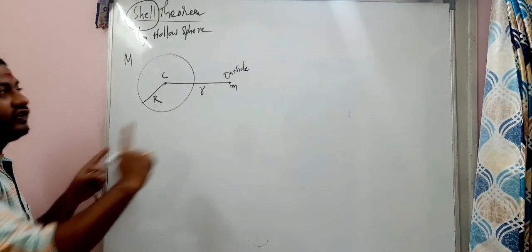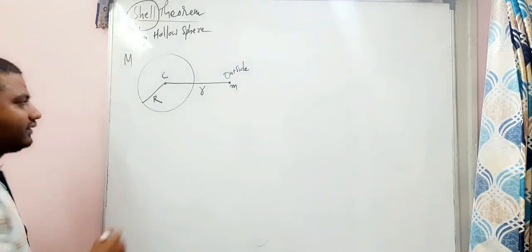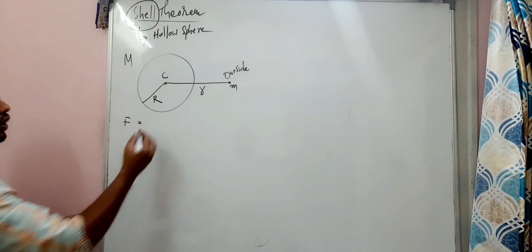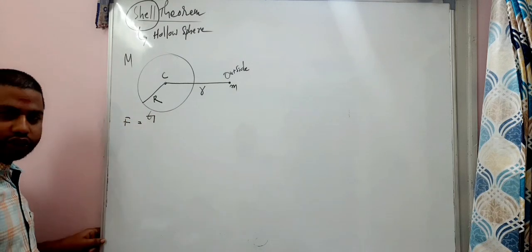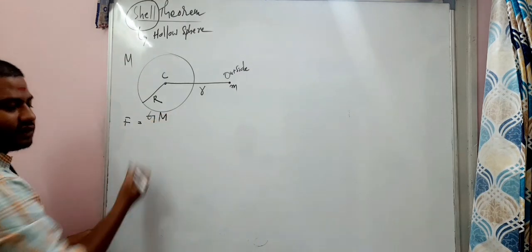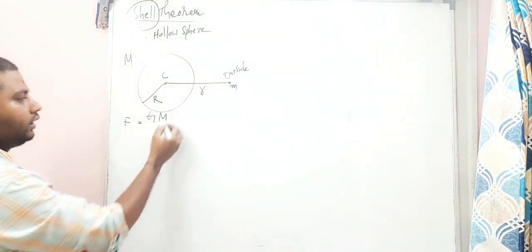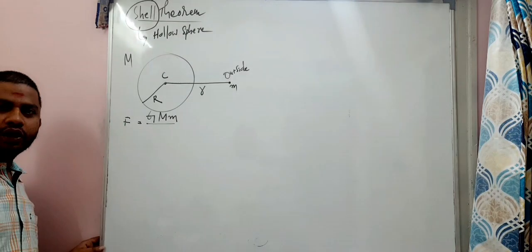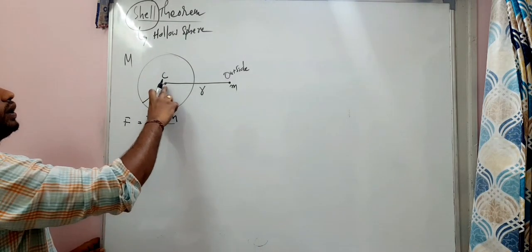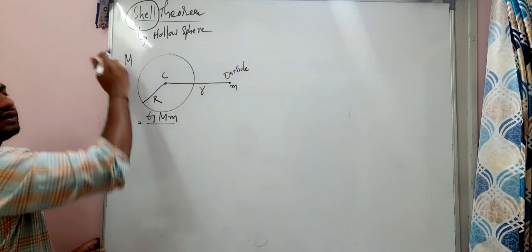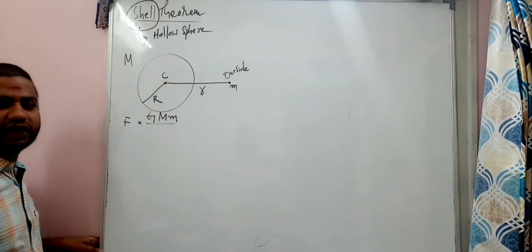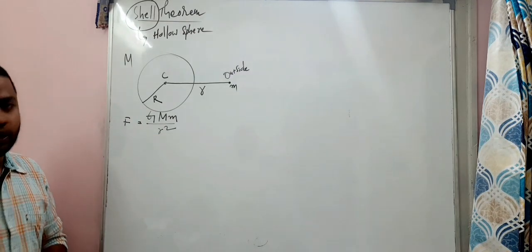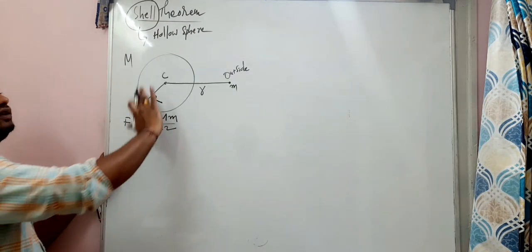And the force of interaction between the two masses, understand? So what is the concept? Force of interaction between the two masses. What is the formula? Capital G into mass of the shell and mass of the small body divided by the square of the distance between them. What is the square of the distance between them? The total mass of the shell is concentrated here, we have considered, right? So it is r square. It is so simple, right? It is the force of interaction between the two masses.